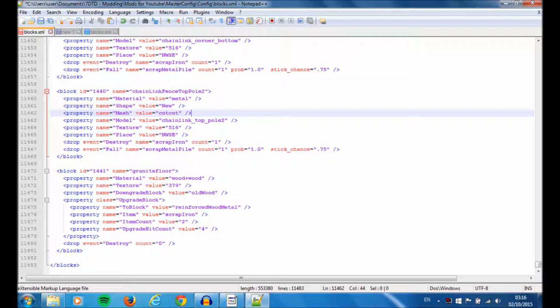I'm not doing this sort of simple modding anyway. So what you name it here will be what appears in game. So I'm happy with that. Granite floor. Okay. Now, the first thing to note is that